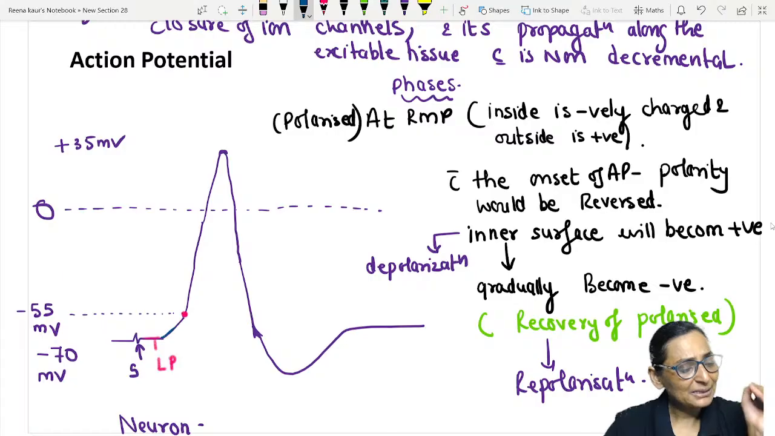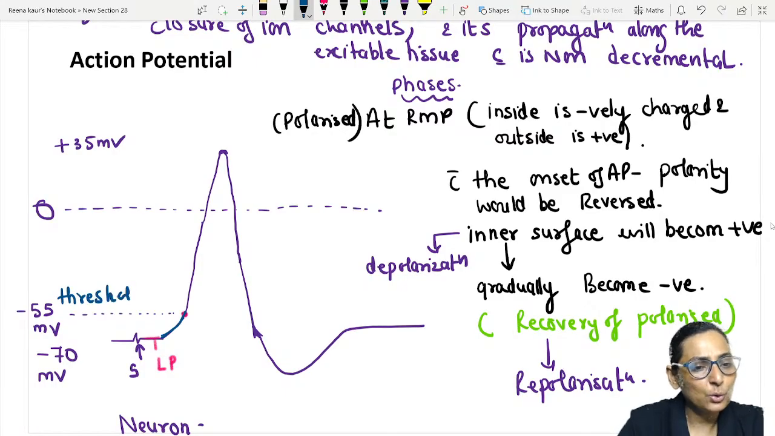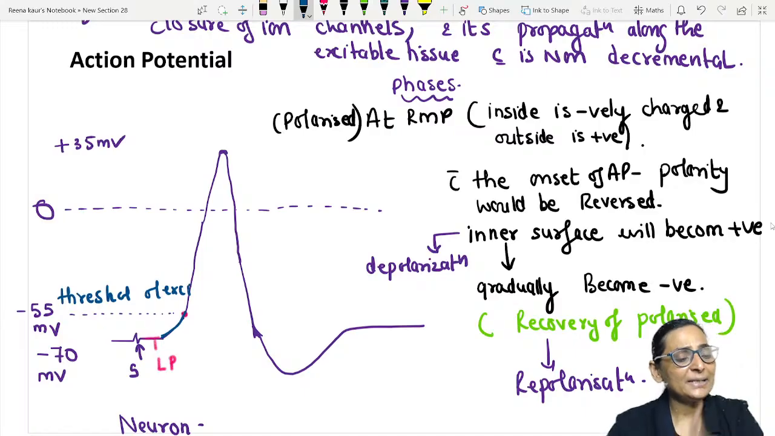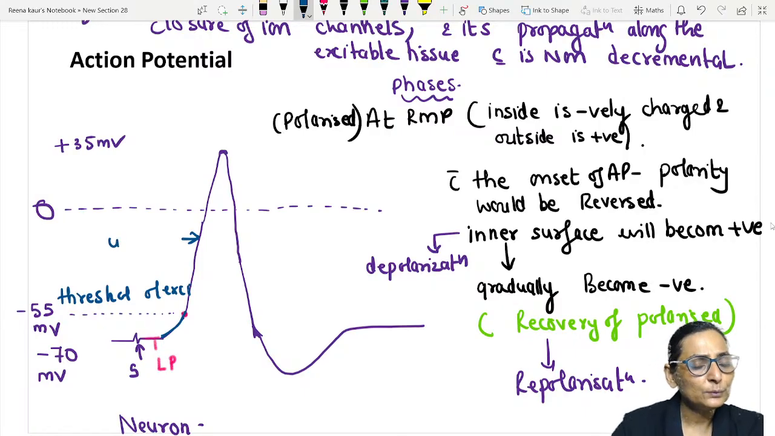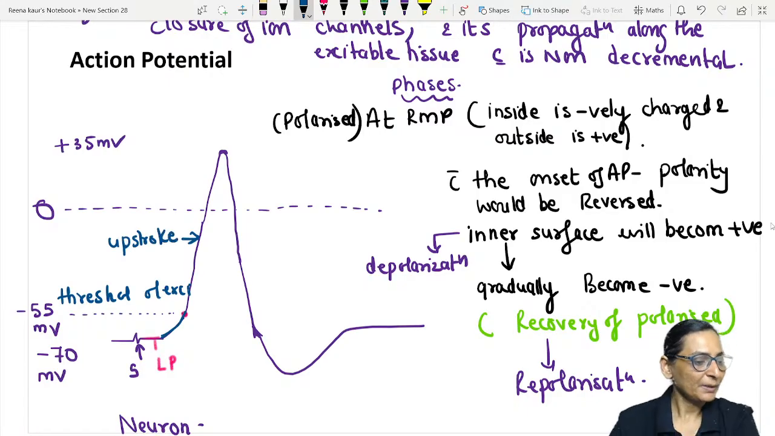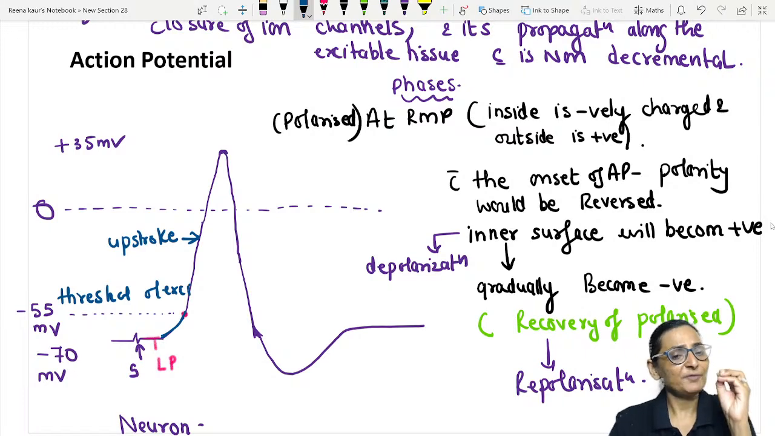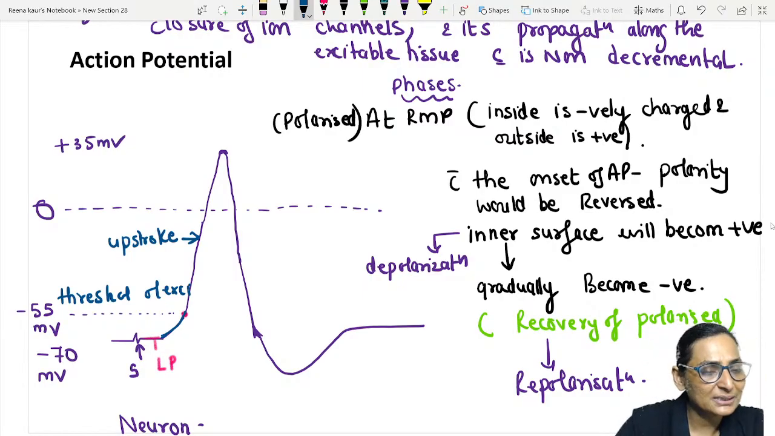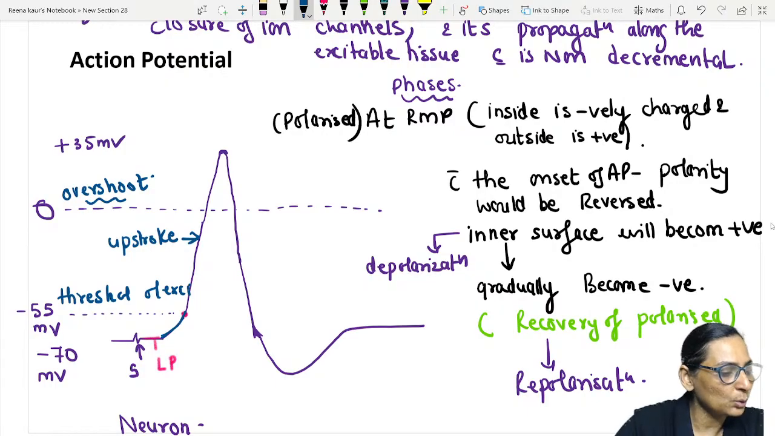Once this -15 reaches -55, which is the point of threshold of excitation, nobody can now stop the upstroke. Okay, nobody can now stop the upstroke, because what will happen, there is a kind of positive feedback mechanism, the Hodgkin cycle of opening of the sodium channels. The opening of a few sodium channels will result in opening of more and more of the sodium channels, to an extent that sodium will now come inside. It will cross the zero, which is called overshoot, and it will result in this spike of plus 35